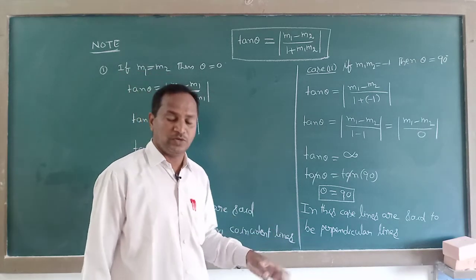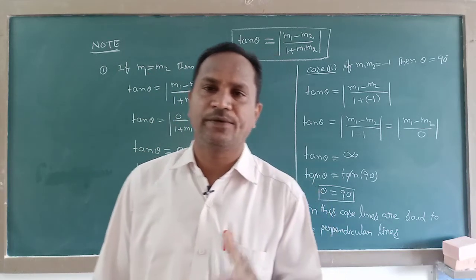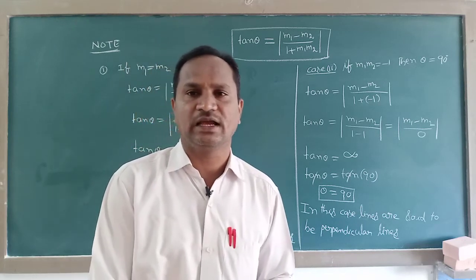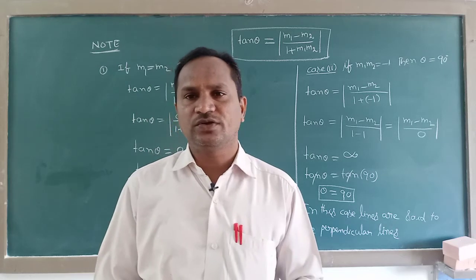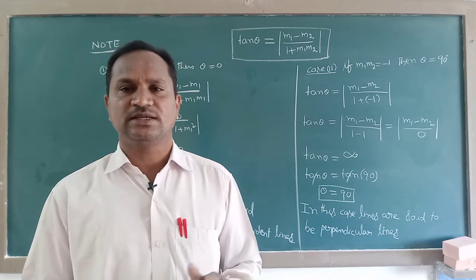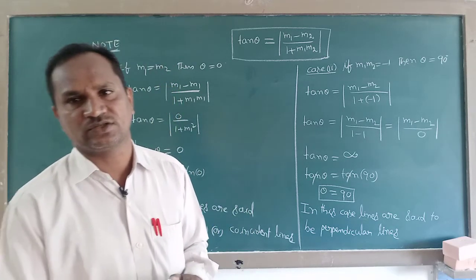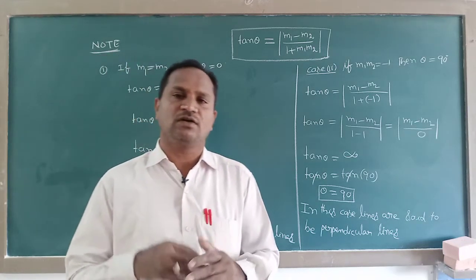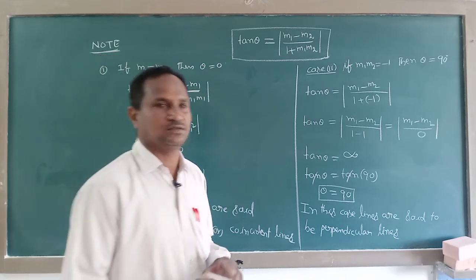Like that, we are giving some important points under the note of angle between the two lines. Before this, I gave a proof of angle between the two lines. Now we are going to some different types of problems on the slopes concept, and at the same time angle between the two lines also. We are starting those problems from exercise 10.1. Even we will solve some problems on area of triangle also. About those, now we'll discuss.